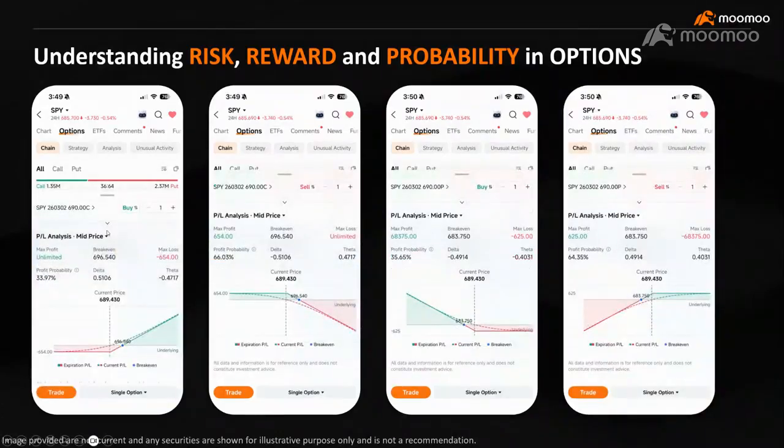And then if, let's say, you want to see a different kind of graph, like for example, in this graph it's very obvious, it's a long call. And then this one is what I sell, call. If you are selling a call, then you are expecting bearish. And if you're long a put, yeah, you're expecting bearish, then you can profit.